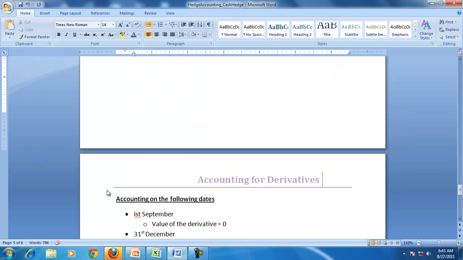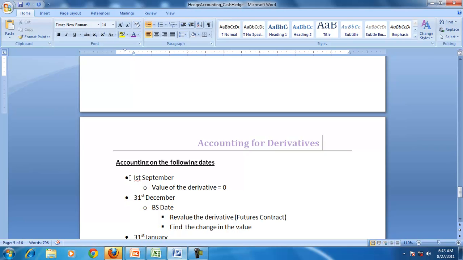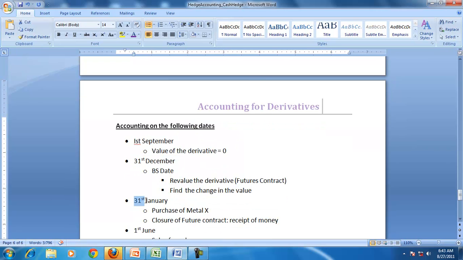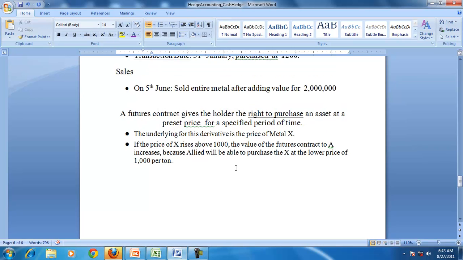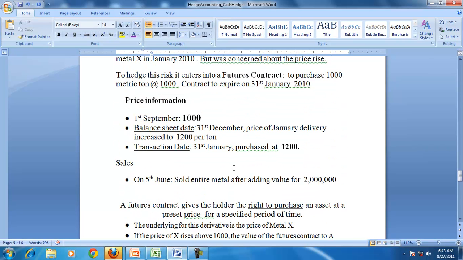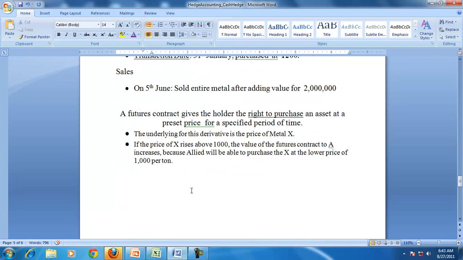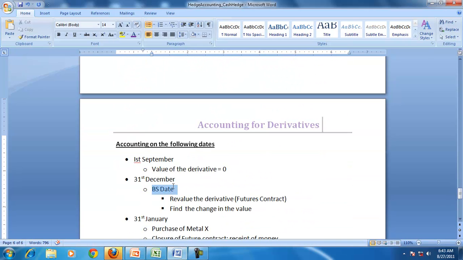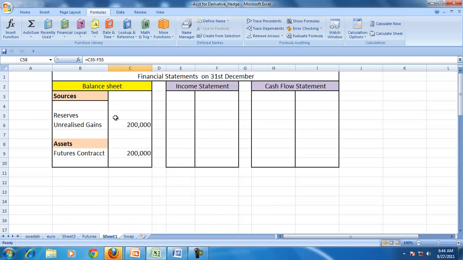So if you want to see the accounting, we have to do accounting on 1st September, on 31st December, 31st January, and 1st June. On 1st September, the value of the derivative is 0 because the price and the futures contract value are the same. On the balance sheet date, we have to revalue the derivative and find the change in the value of the derivative. So what happened to the effect on the income statement and the cash flow? The value of the derivative